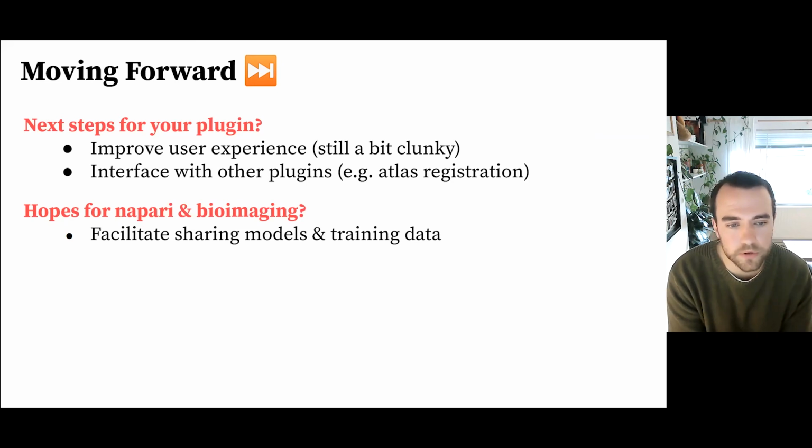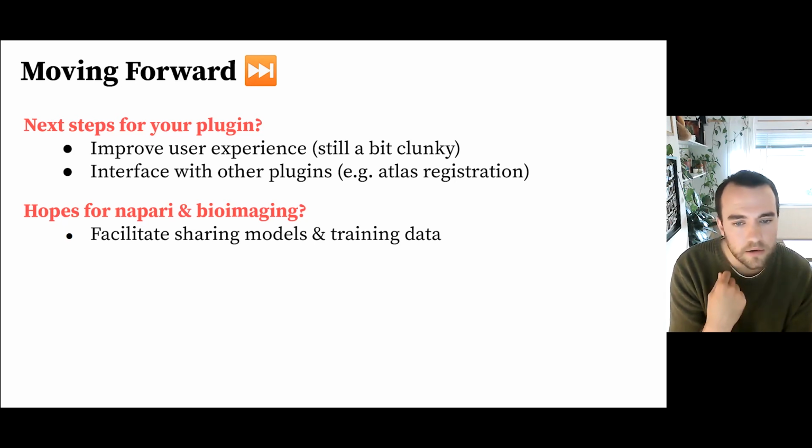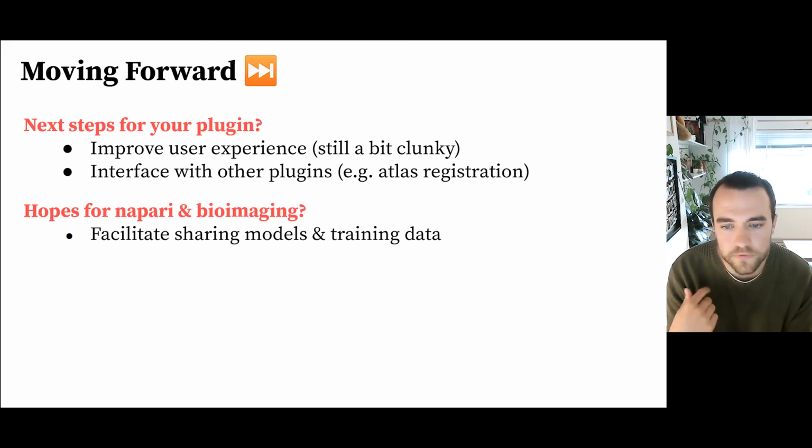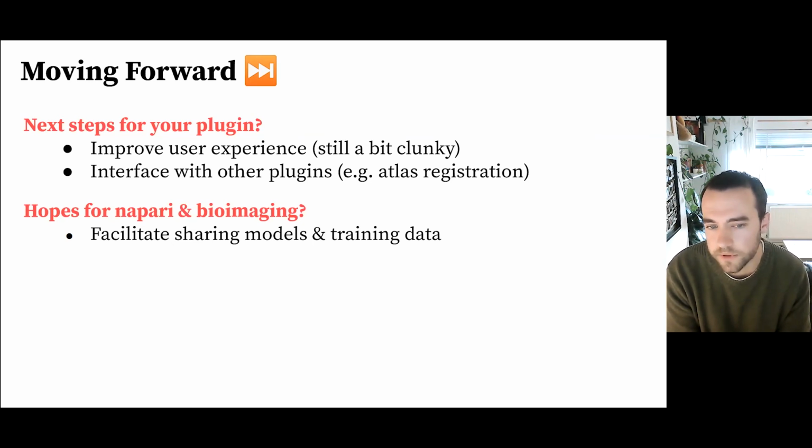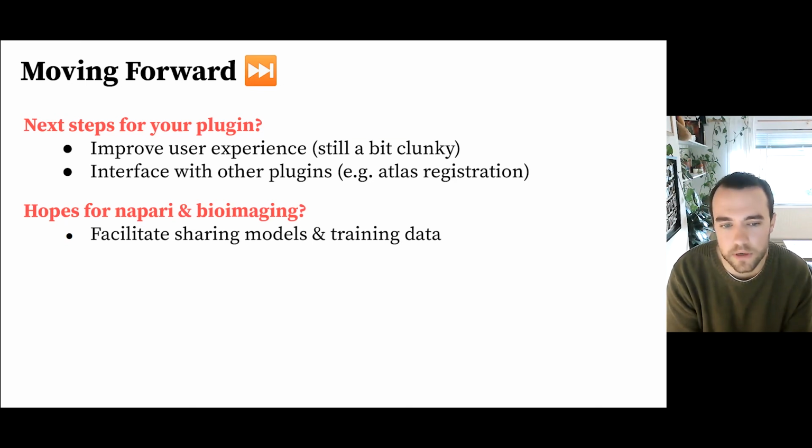But it'd be cool if, when you're using these plugins in Napari, people can generate training data and then immediately press a button to share it online, and fetch other people's training data and trained models, to really simplify this process, because these tools are pretty much only as good as their trained models. So if you can facilitate that and get people up and running quicker with a more appropriate trained model, then that'd be great.